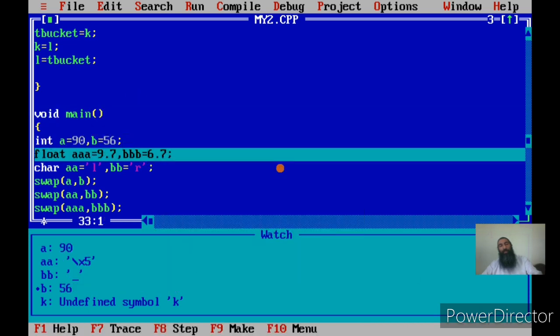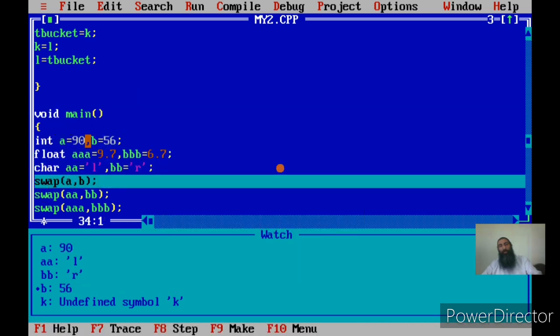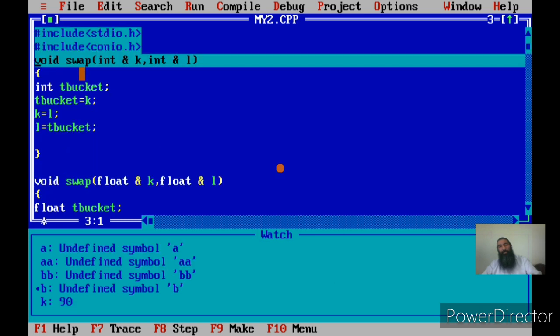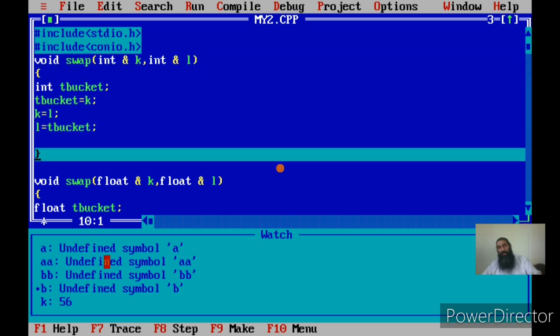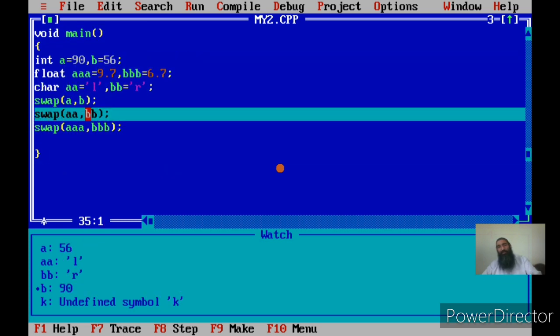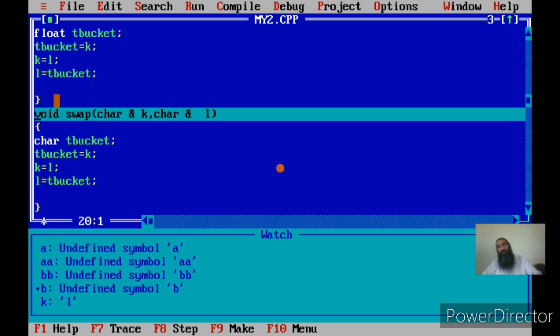That is, main is calling swap of A and B. The data types are integer and integer, and the function that matches this data type definition has been called, and the contents of A and B have been exchanged. This we have seen. Then again swap of AA and BB. AA and BB are of type character, so the call is resolved by calling a function where there is a data type match, character and character.